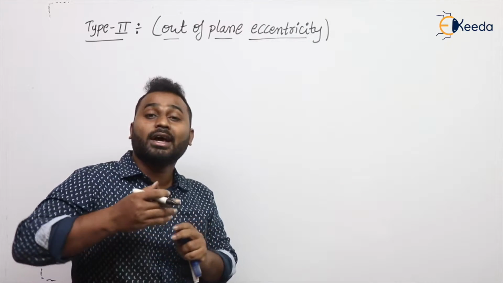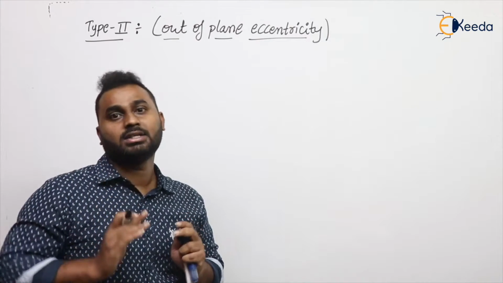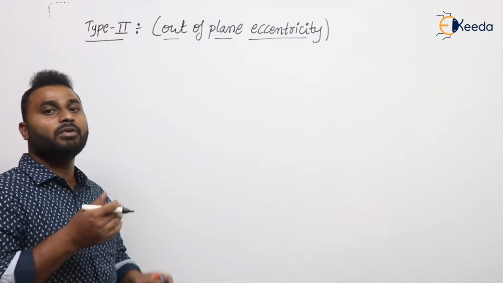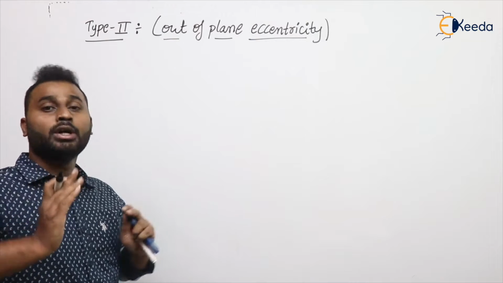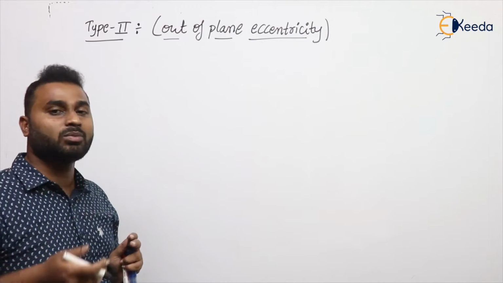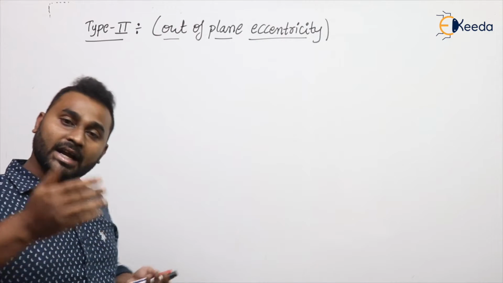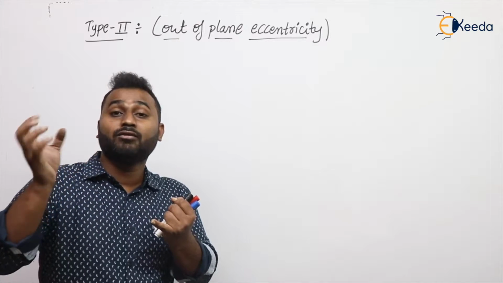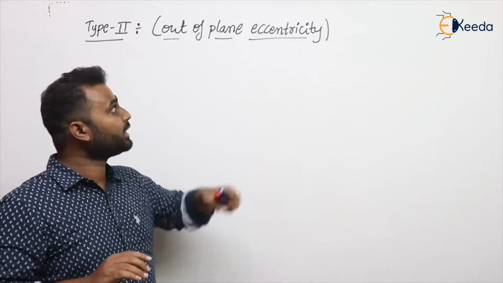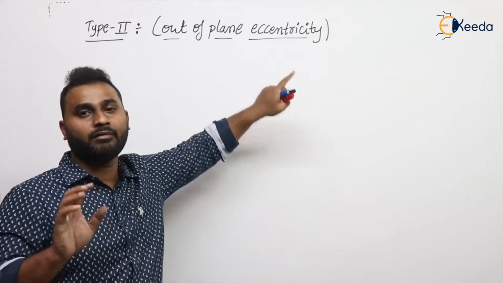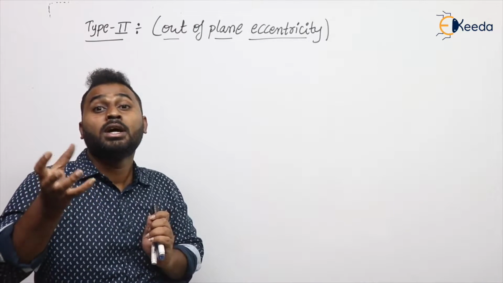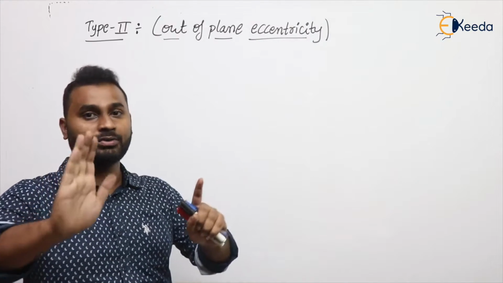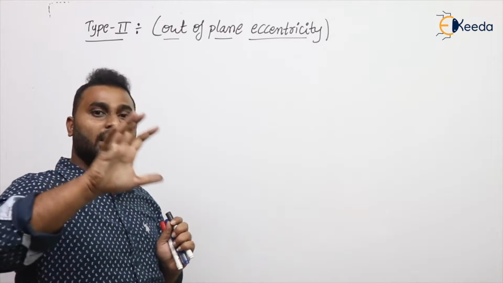Now let us see what are the effects that the weld is subjected to because of this out of plane eccentric load. Before that, we'll see the diagram. So first we need to understand the diagrams, and later we'll discuss analysis and design like in the previous case. So first we'll discuss analysis. Analysis is nothing but what are the effects in the weld group because of that external load. Here that external load is out of plane. Okay, what are the effects, and later we'll see the design. That means various provisions that are mentioned in regard to this type of weld in IS 800 2007. So that we'll discuss, but first let us try to understand the diagram.